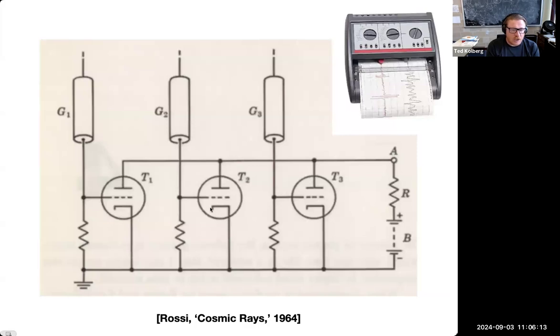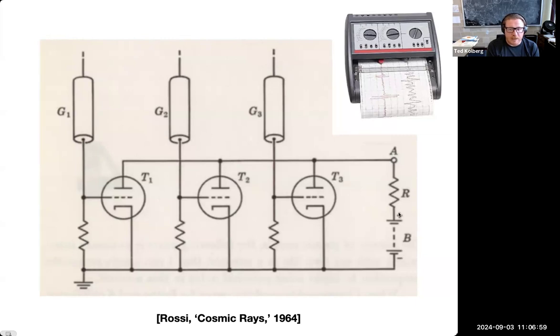If one of these tubes discharges but not the other two, then all the voltage drop will basically be across R here, because there's no current flowing through these other two paths of the circuit. You obviously have to choose these resistor values in order to make this thing function best. But given suitable choices of resistors, you can arrange a situation where the voltage drop is basically across this resistor here, and not through any of the individual paths, but that if all three tubes fire at once, then there's a voltage drop mostly across these bottom resistors,